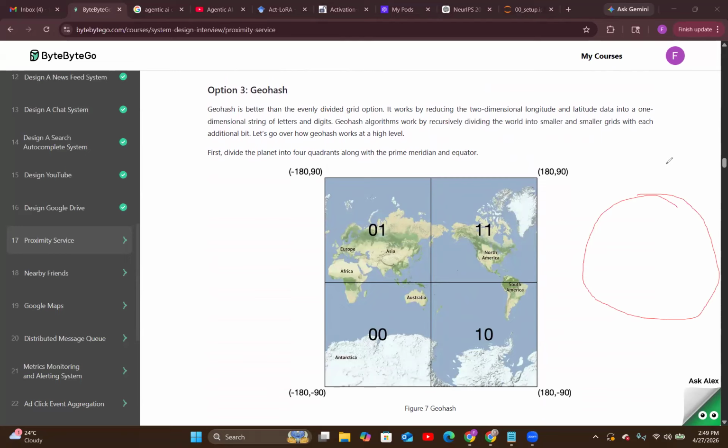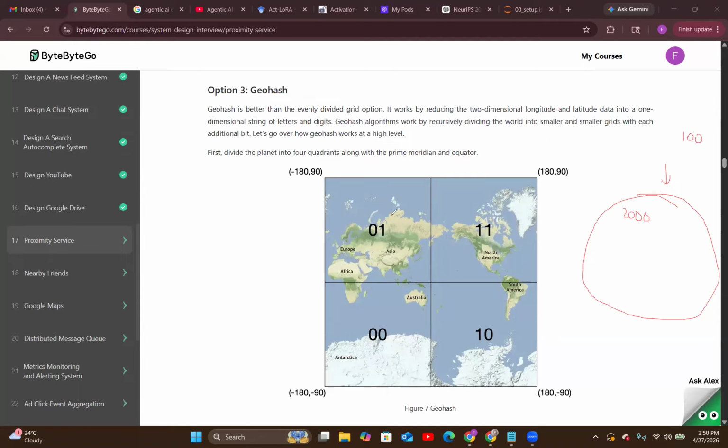And if this radius has a lot of businesses, then what we can try to do, for example, if you only want to return 100 businesses within a radius, and let's suppose within this radius we have maybe 2000 businesses. So that is too much. We do not want to return that much. What we can do in that case is, in this radius we have this grid, so we can divide this grid into smaller